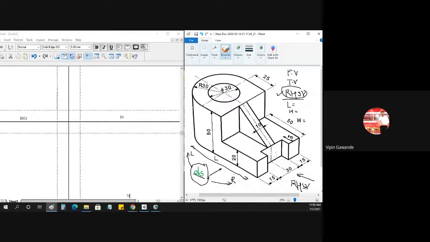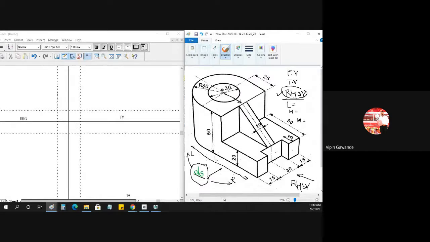Now what is the length? Just count. This is the horizontal dimension 50, so 50 up to here at this point. Then from this point to here, what is this distance? This is radius 30. Oh, sorry, not 30, this is 25. Sorry, this is 50. So 50 up to here, then up to the center it is 25, and then from the center to this arc it is 30.